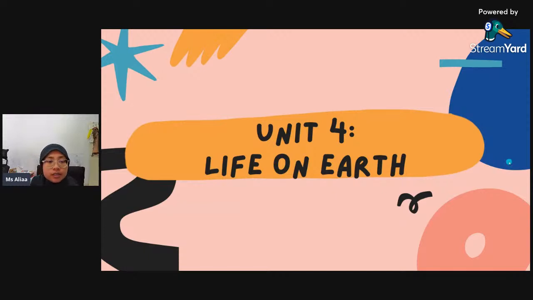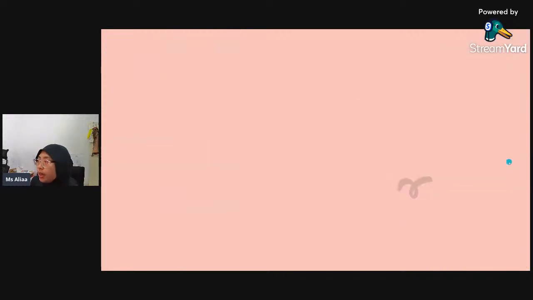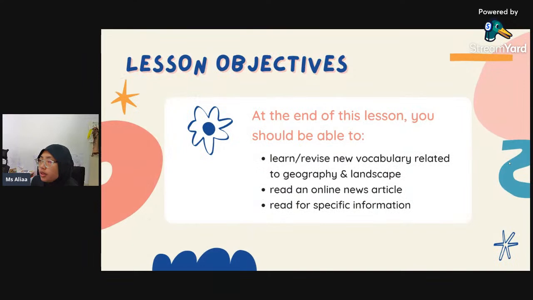Today we're going to start a new topic. These are the lesson objectives for today. At the end of this lesson, you should be able to learn or revise new vocabulary related to geography and landscape. So today we're going to learn new words related to geography and landscape. And then you should be able to read an online news article.